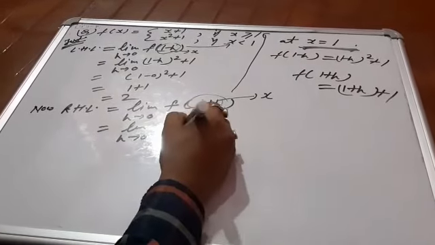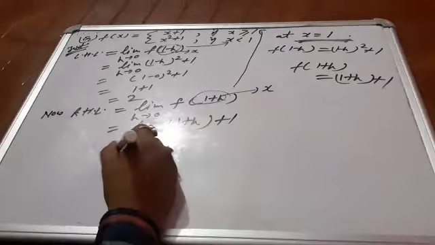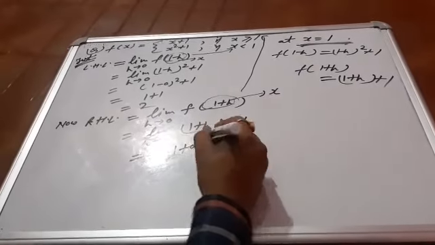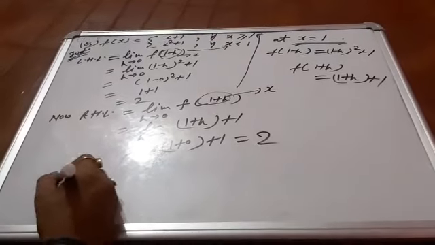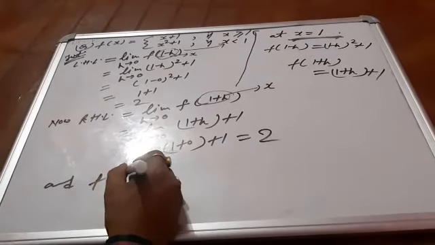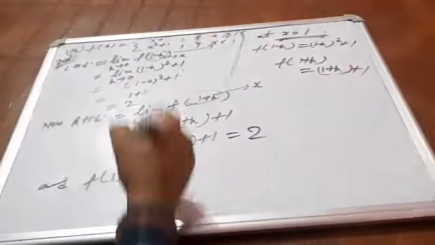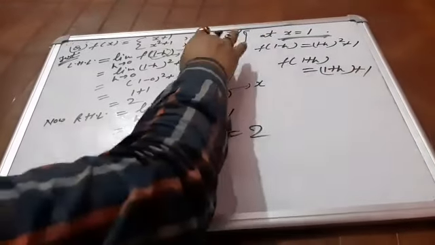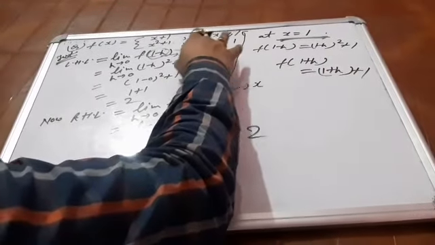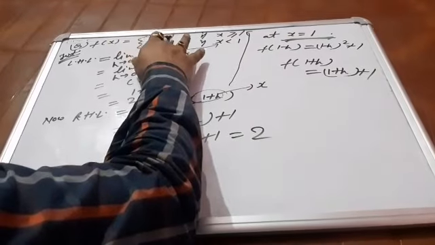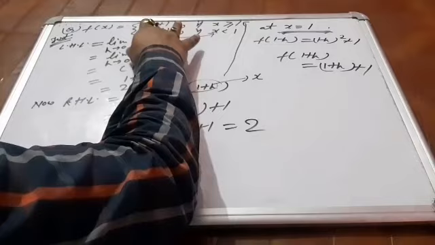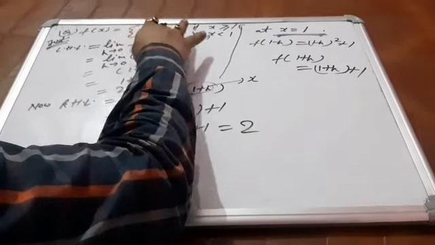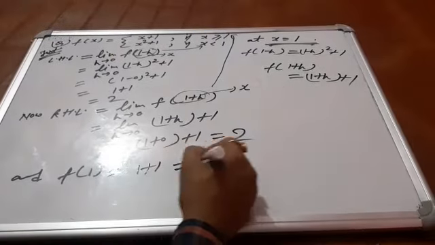So it is 1 plus h plus 1. Now use the limit: 1 plus 0 plus 1, the value is 2. And the value of the function means f of 1. We are going to test at 1. F of 1, again let us see. f1 will come in obviously the first term, because at the equal to portion also the value of fx is that one. So f1 means 1 plus 1, so it is 2.